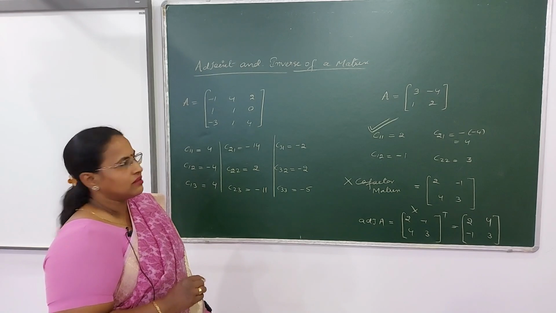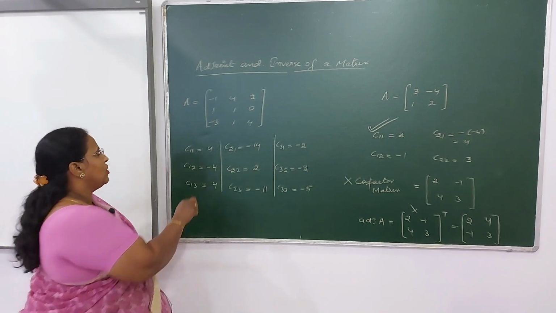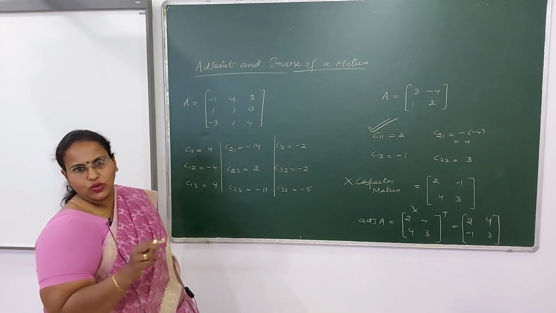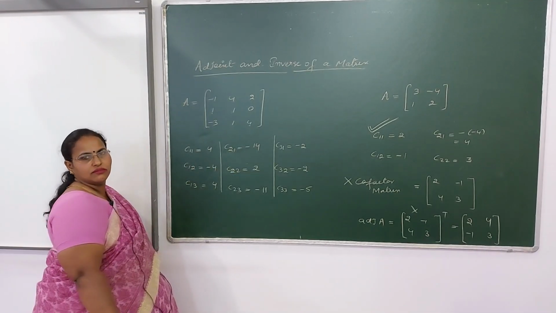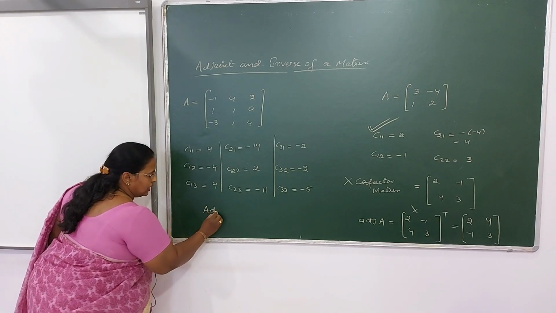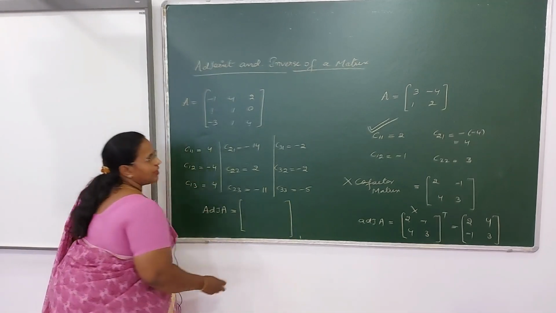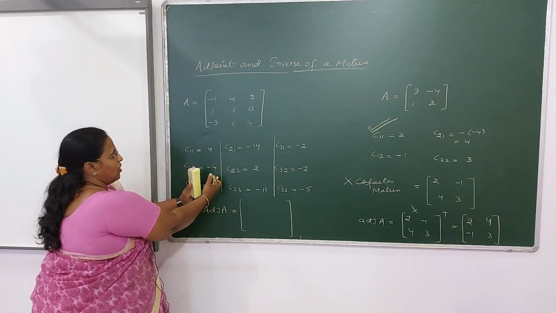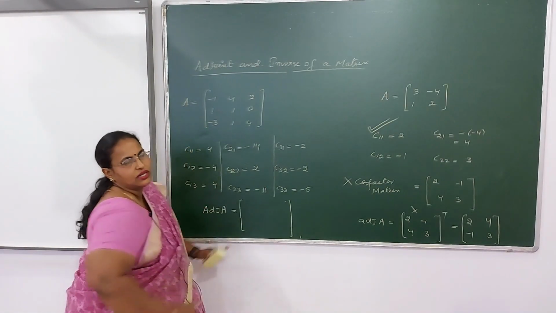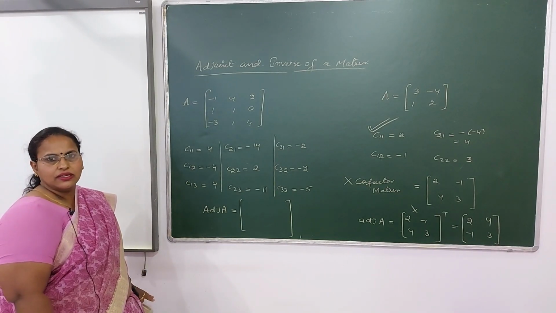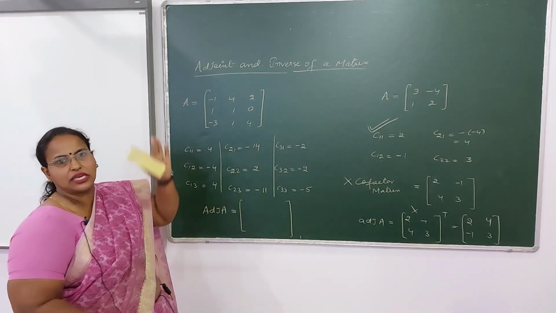Now very important thing. Just now you see here what I have done. See the presentation. Row wise cofactor I have calculated and where I have mentioned? In columns. So when you write down the adjoint of the given matrix, what to do? Straight away take this first column, write down the result in first column, second column in second and third column in third. Okay. So already we are taking the transpose. So here that step I am skipping.